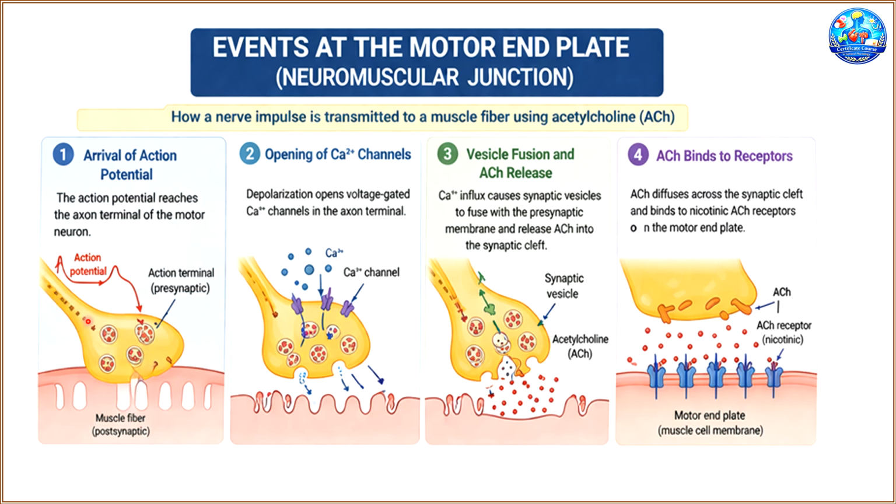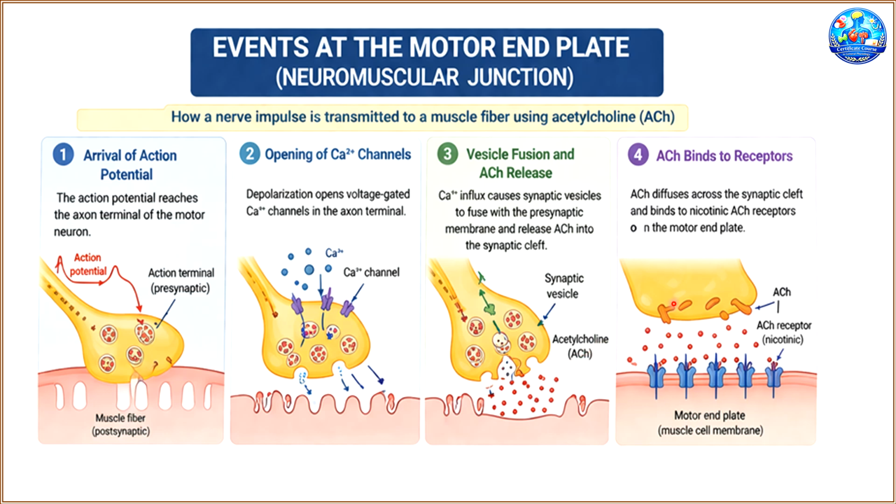As the action potential reaches this axon terminal, here we have what are known as the voltage gated calcium channels. They will be present across the axon terminal. So here the depolarization process opens these calcium channels. As the calcium channels open up, there will be calcium influx taking place. This calcium influx will draw the synaptic vesicles towards the presynaptic membrane, and once the vesicles fuse with the presynaptic membrane, they release acetylcholine by